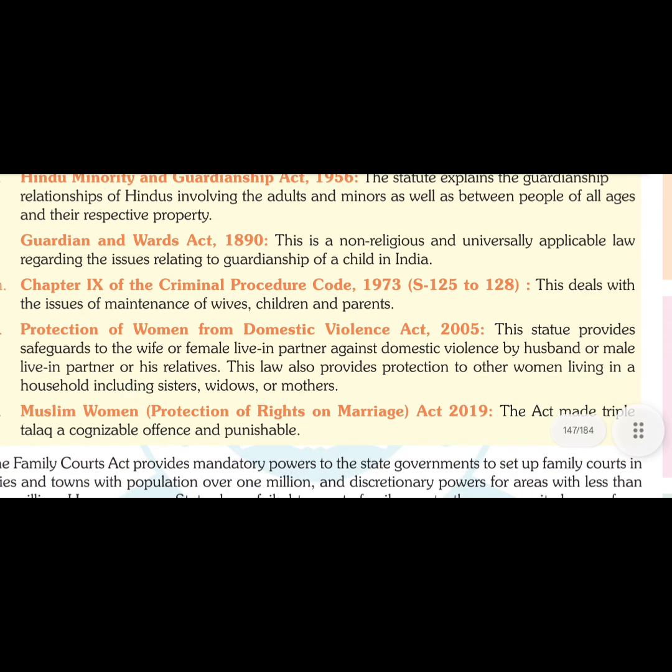Because it may happen that there is a minor whose parents have died, but now after the parents, he has inherited that property. But as a minor he is not able to, or he does not know how to handle that property, how to incur income from that property, or how to manage it, right? So for those affairs a guardian can be appointed, who can be a near relative of his, or